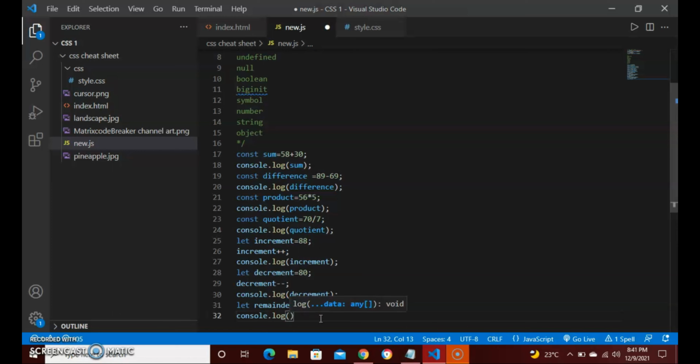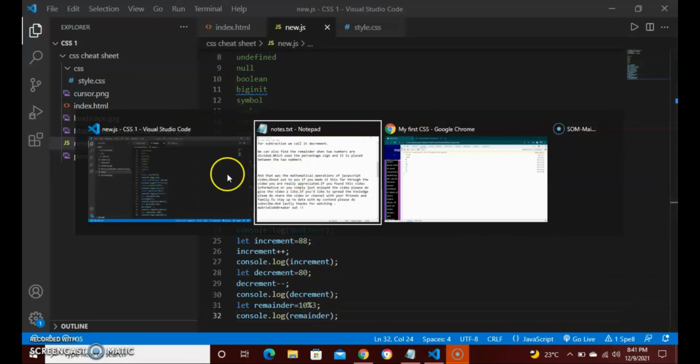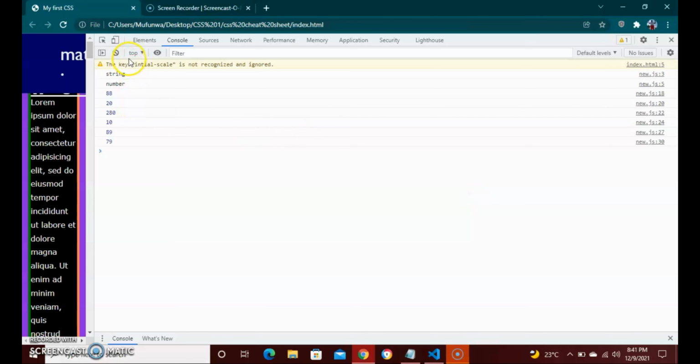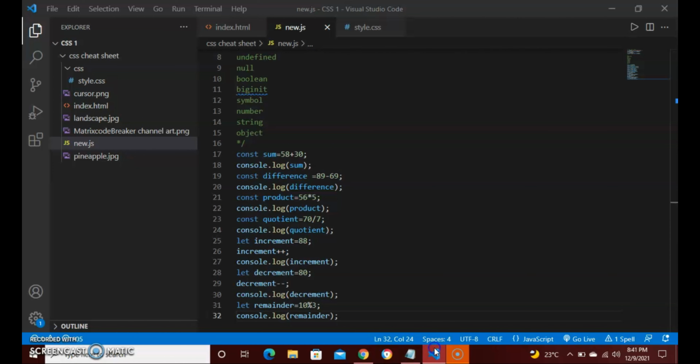So yes, remainder and the semicolon, save, and it's 1,